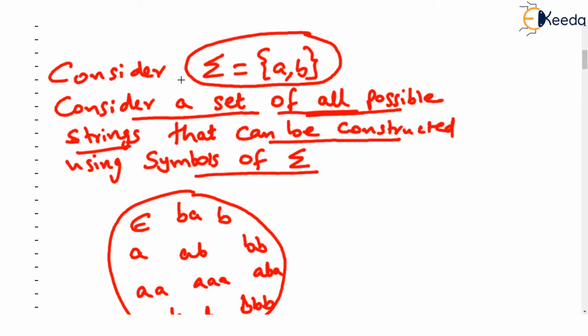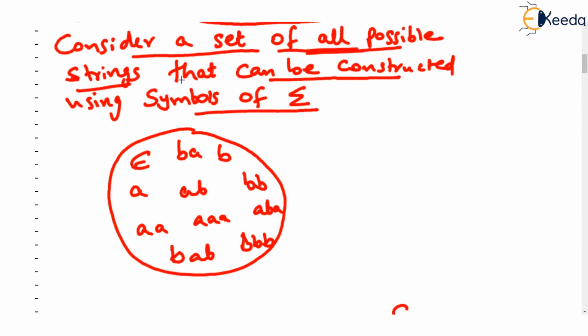The smallest string that we can construct is an empty string, null string, or we can construct A. We have not taken B at all. We can construct B. We have not taken A at all. Or we can construct a string containing two A's, no B at all, two B's, no A at all, and so on. There are infinite strings, isn't it? We saw in the earlier video, and we know that this set is known as sigma star. All strings that you can construct using A comma B. Sigma is A comma B. So this set is called sigma star.